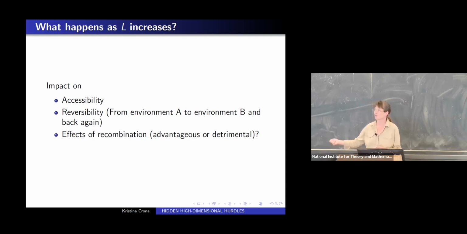So we draw it from a uniform distribution, bounded between 0 and some value. And now if I let L be large, obviously accessibility is fantastic. Every genotype is basically one mutation away from perfection. And that is, of course,